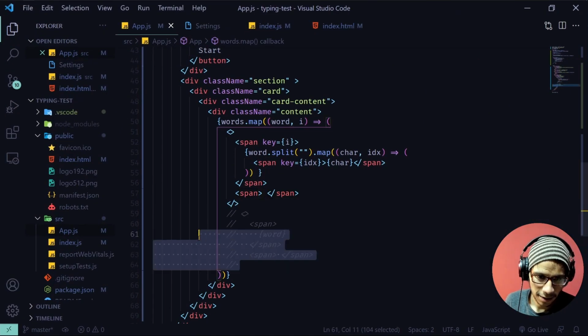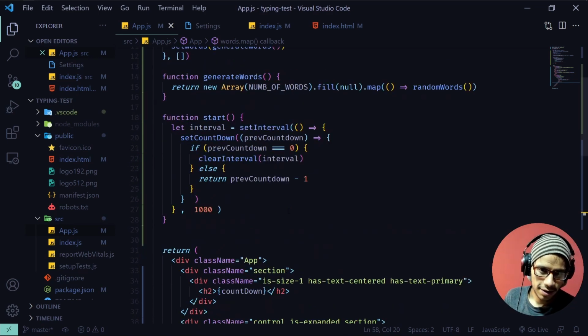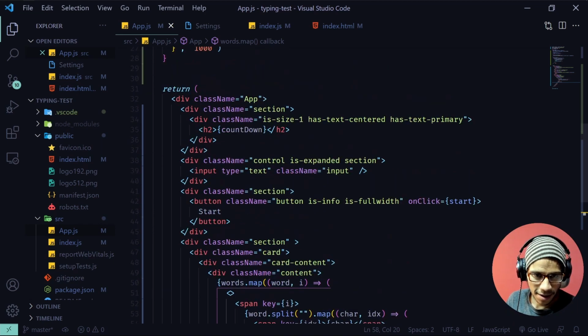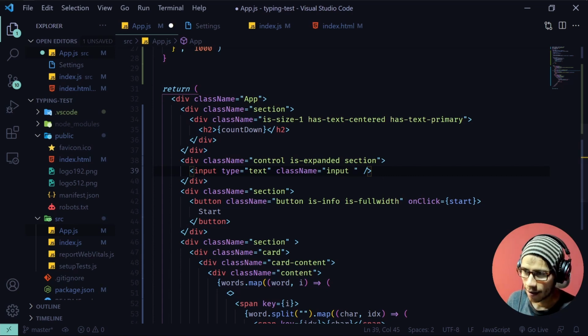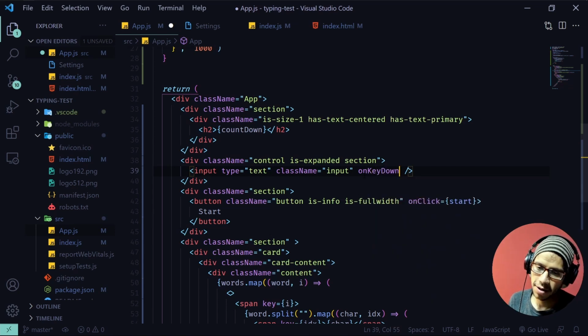Okay, so now I can remove this. But now what I want to do is have a listener that's going to be listening to every input right here into the input. So this input also is going to have a class of, okay, so here's where we are going to have the listener, and this is going to be called onKeyDown. So every time the user presses a key, we're going to have this